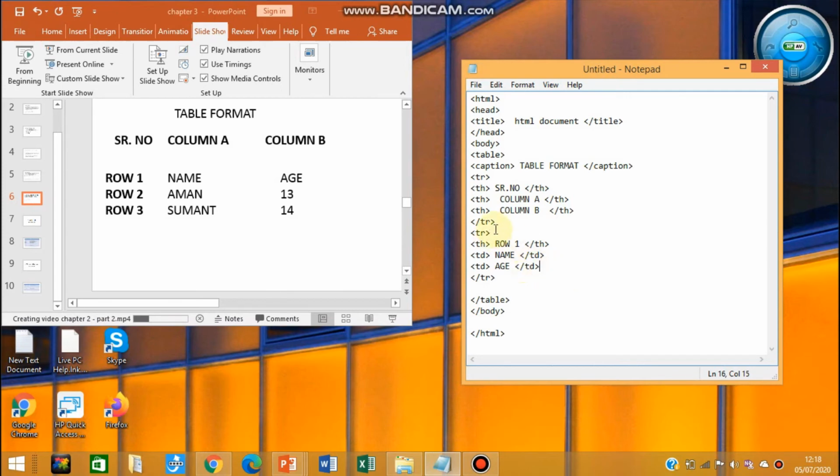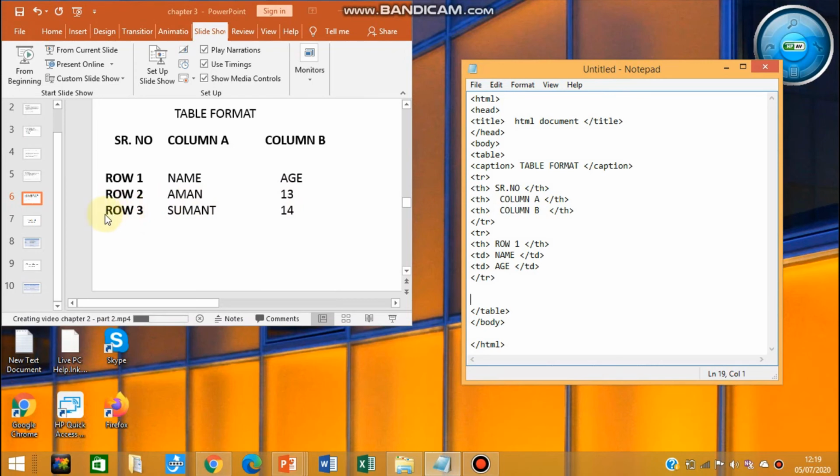So these two rows are done. Now similarly you have to use the tags for the remaining rows. Your second row is done here. Similarly, you will use TH for row 2, TD for Aman, and TD for 13.